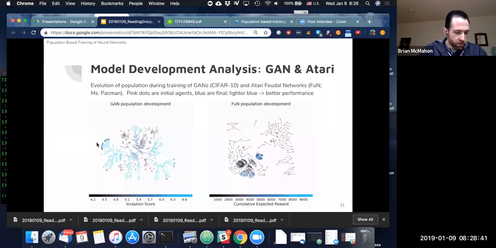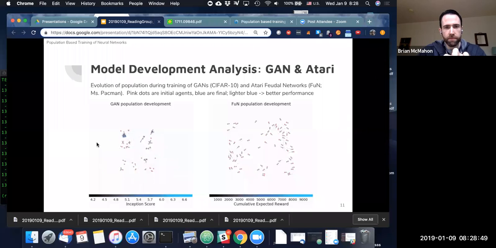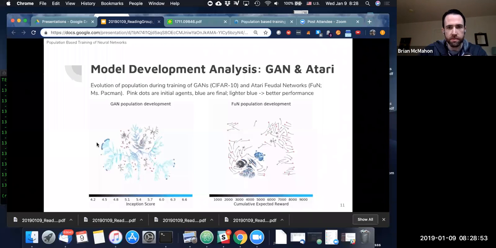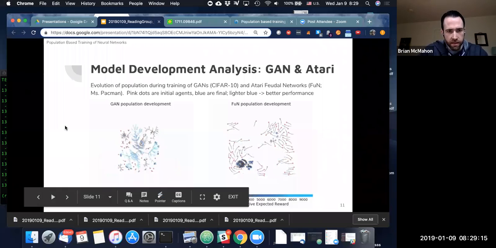Okay, so this is a nice visualization put together by DeepMind, which is an evolution of a population during a specific training run. So here they've demonstrated GANs on CIFAR-10 and Atari feudal networks. So the initial agents are represented by pink dots, and the blue dots are the final agents. And as you can see down here,